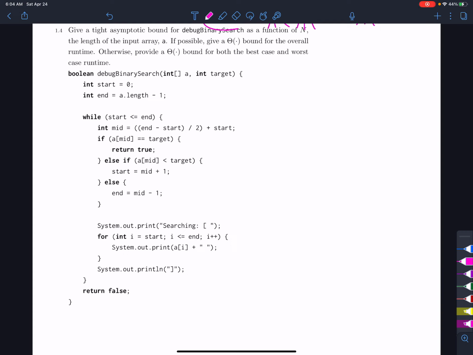And then we basically see if our middle index is equal to the target value we're looking for. If it is, return true. We found it. We found that the index exists, that the target value exists. So then, if we haven't found it, if we entered the else if,